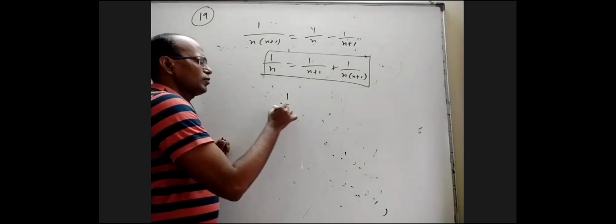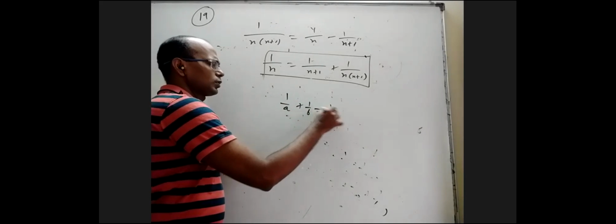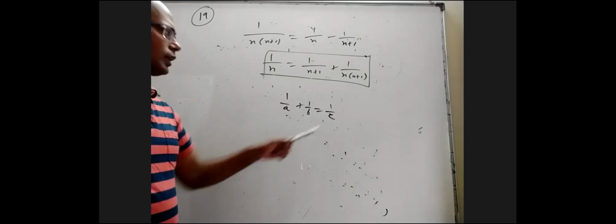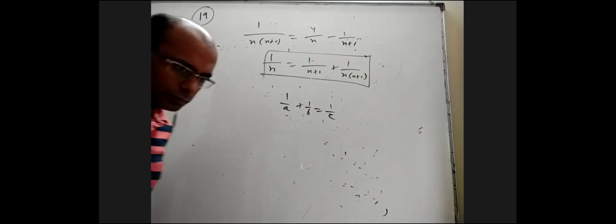But now the question is, if I say 1 by A plus 1 by B equals 1 by C, and A and C don't have any common factor, then is this the only way, or are there some other ways? I have to prove that also, right? Because coming to the question,